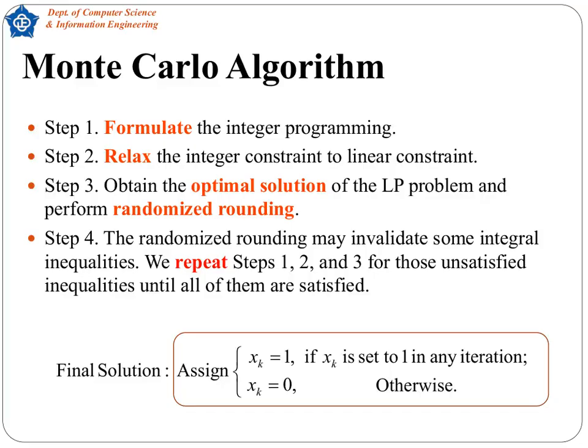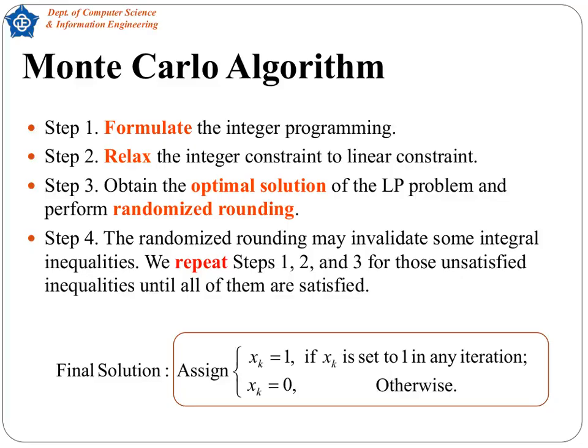We begin by formulating the problem as an integer program, then relax the integrality constraints so we can efficiently solve it as a linear program. Once we've obtained the LP's optimal fractional solution, we apply randomized rounding to generate an integer candidate. Because rounding can sometimes violate constraints, we iterate, reformulating the IP, relaxing it, and rerunning randomized rounding until every inequality is satisfied. In the end, each variable is set to 1 if it was ever rounded up in any iteration,